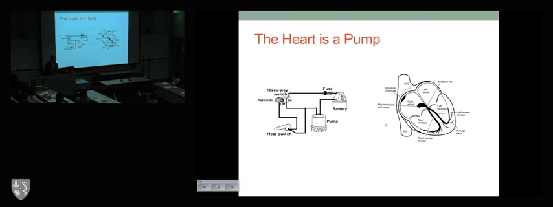So the way I like to think about the heart is, the heart really is a pump. We know that the blood goes into the pump, and the pump then pumps the blood back out to the rest of the body. But like all pumps, the heart itself has electricity flowing through it. And you can see here from the picture, it's quite a complex electrical system. There are several branches or wires to the electrical system. And a lot can happen. A lot can go wrong with the electrical system.